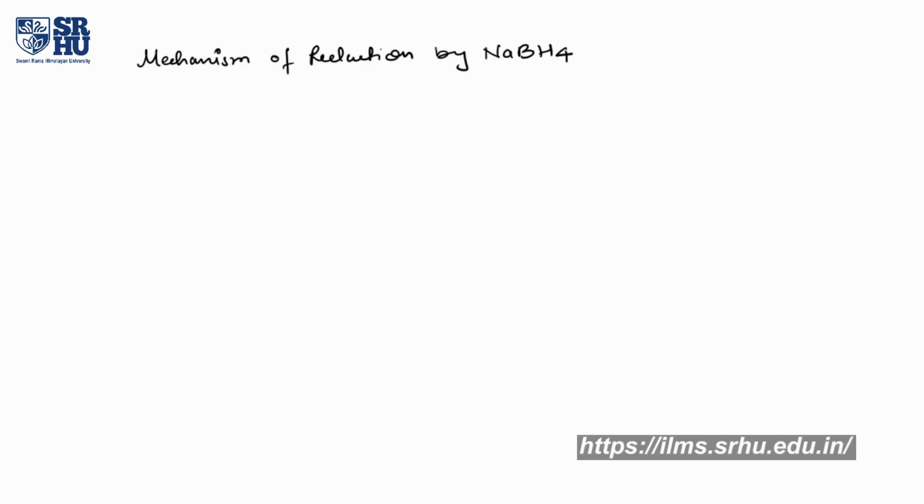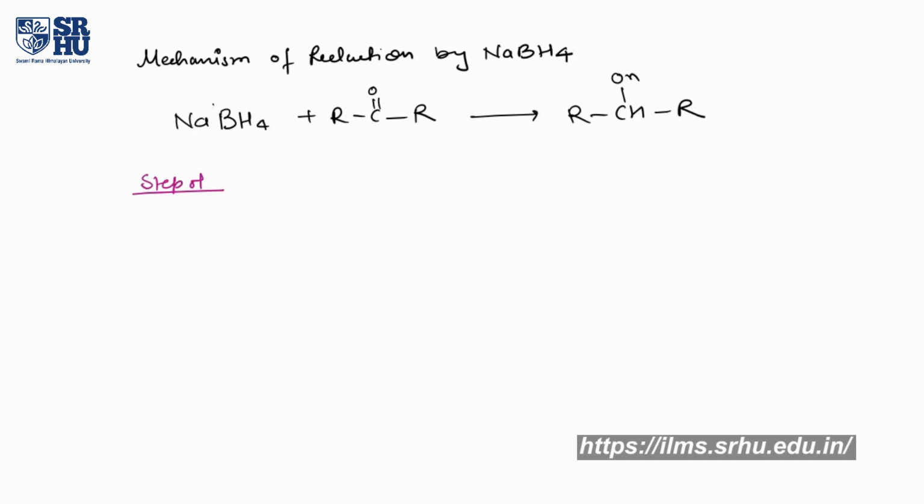Now the first step over here is similar to that of LiAlH4. So let us take the same example where we are reducing a ketone by NaBH4, R C double bond O R, and this ketone gets converted into secondary alcohol RCHOHR. Okay, now in the first step, step number 1, everything happens similar to